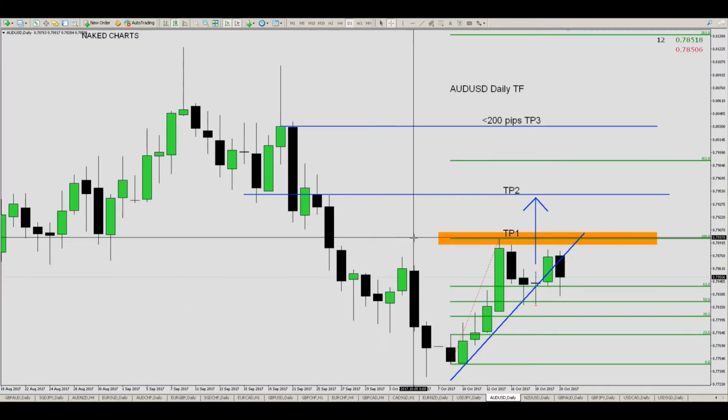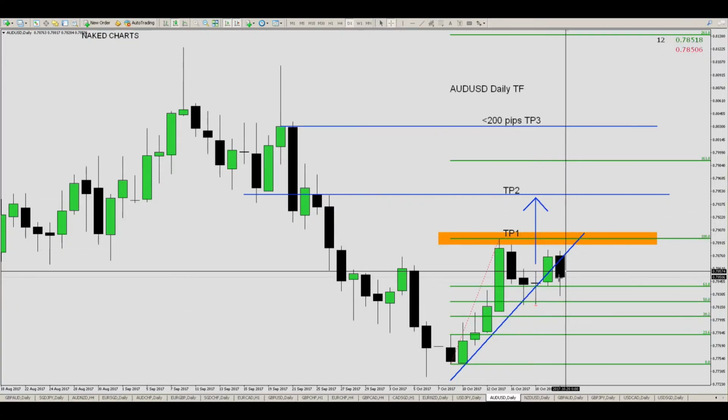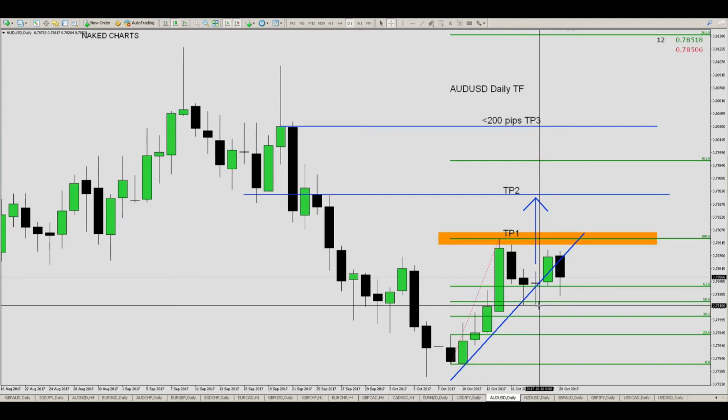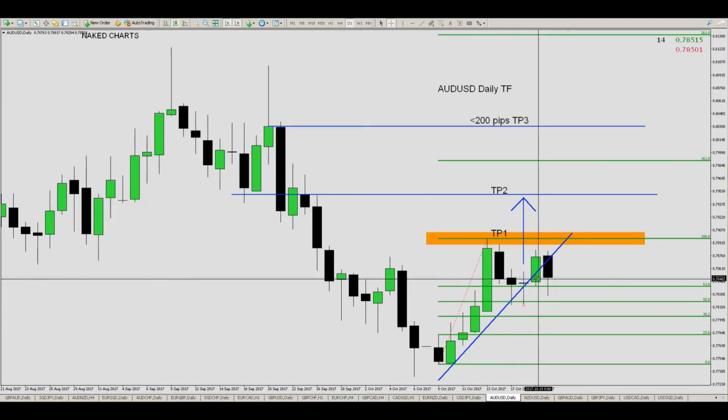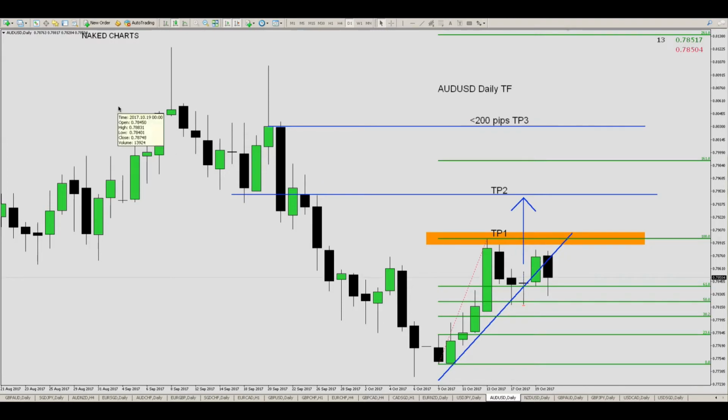I have the opposite trade here, with my stop loss below this candle, and my entry was in this area. So I got here around. This one I exit manually because I see the possible bearish move for the Australian US dollar,